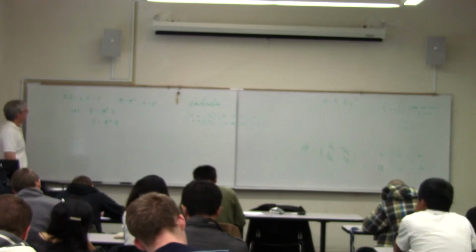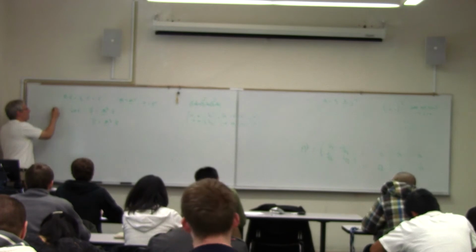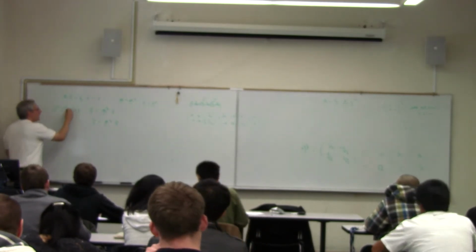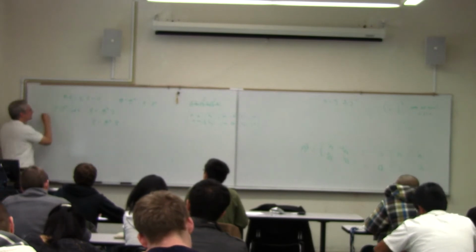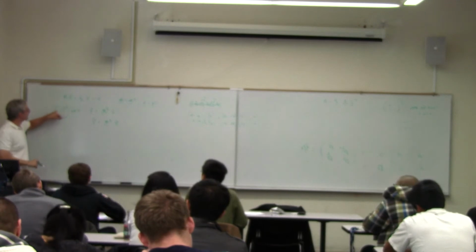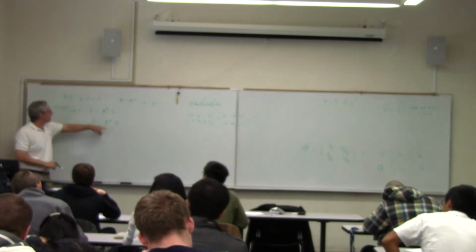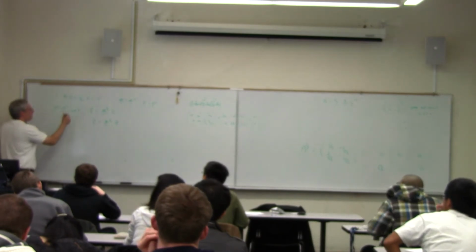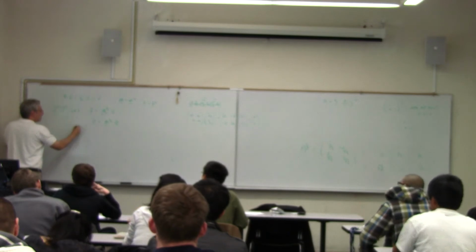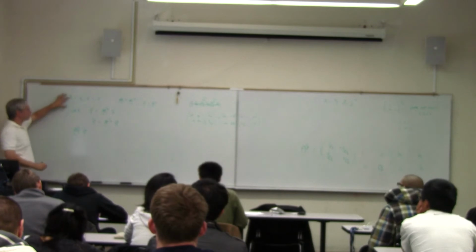Okay? Now, the reason why that's useful is because over here, m I can write as m to the 1/2 times m to the 1/2. And so I can take one of these m to the 1/2 powers, that's multiplying x double dot, and I can replace that with a y double dot. So I get an m to the 1/2 times a y double dot for the first term,